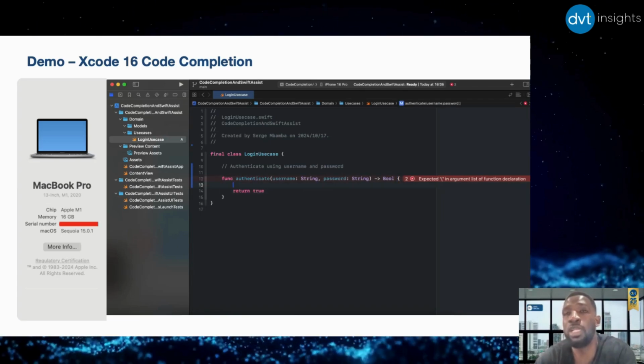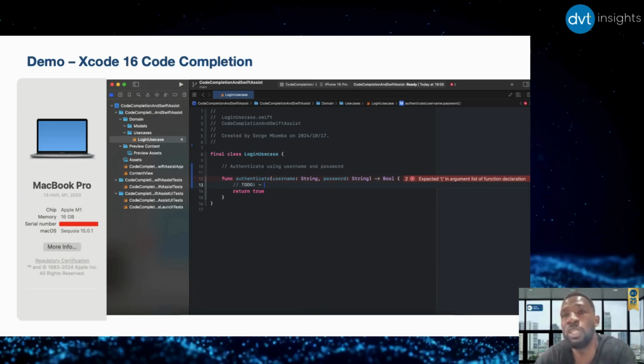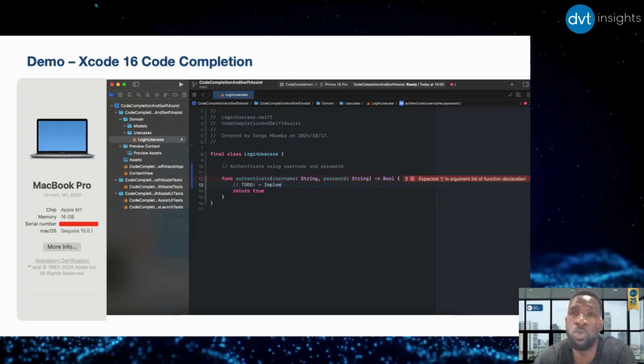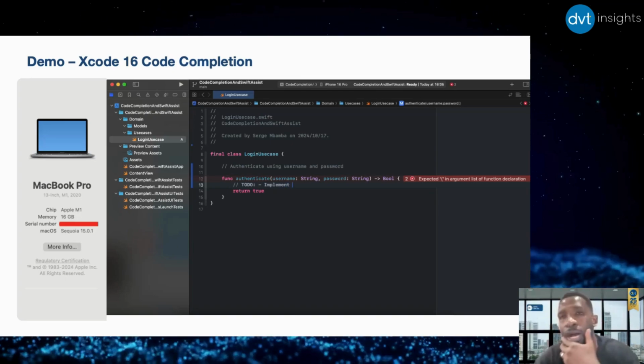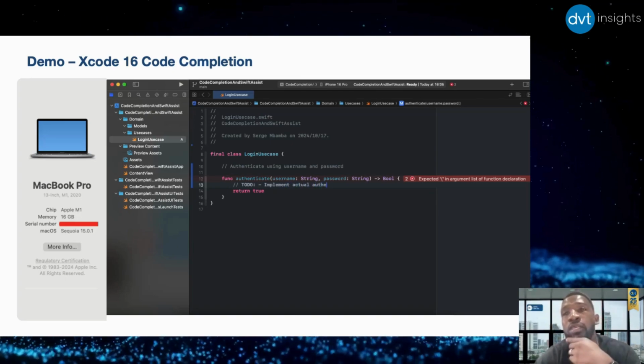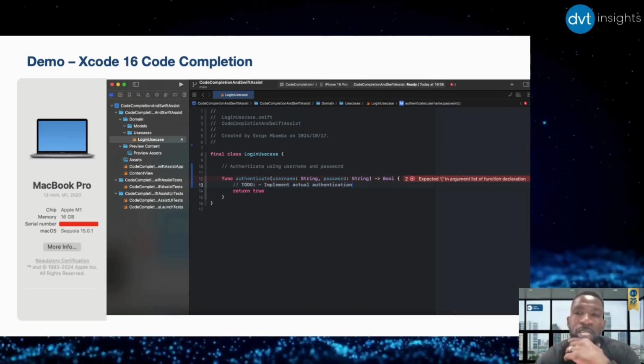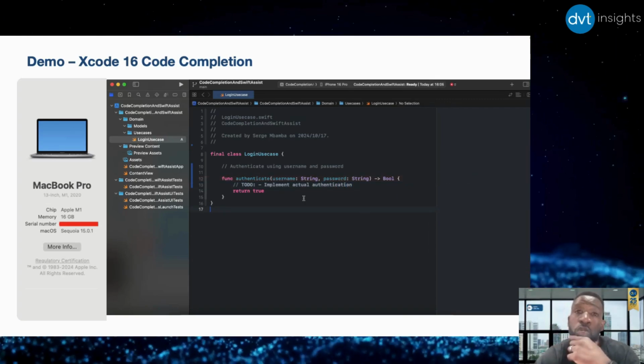It was aware and completed with a signature, making sure that the username and the password were both proposed to me as strings. Now, I'm going to implement it later, so I'll add a comment there. I'll say "fix me" or "to do". At a later stage, I'll come and implement the actual code.